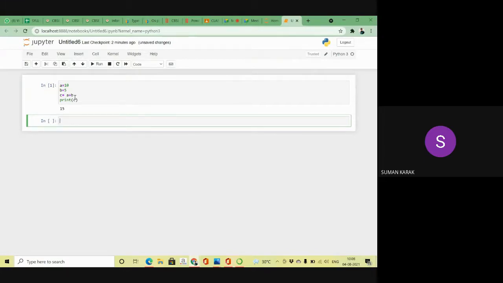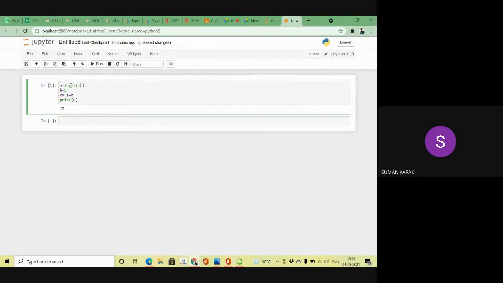Suppose here I write a is equal to 10, but I want to take that value from the user. That time I am using the input function and write the statement.